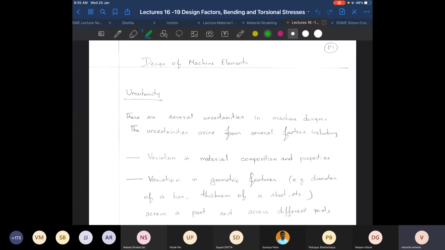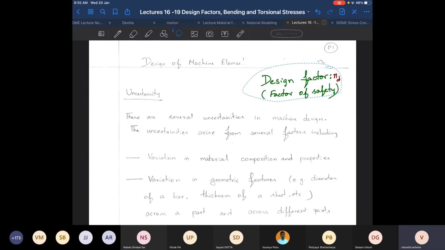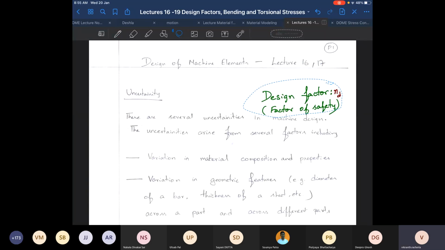to the concept of design factor. So the next concept that you're going to learn about is something called design factor, or also colloquially referred to as factor of safety. Okay, and design factor will be denoted by n subscript d. All right, next let us